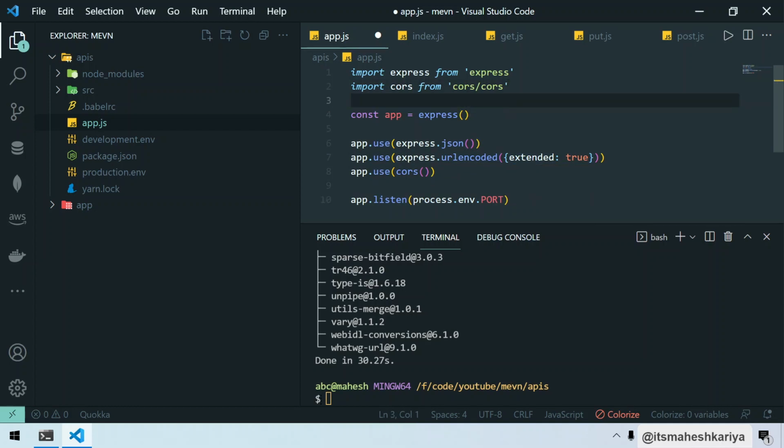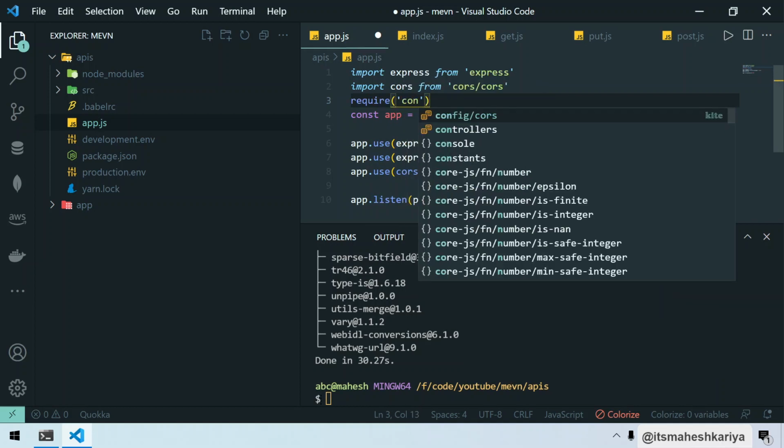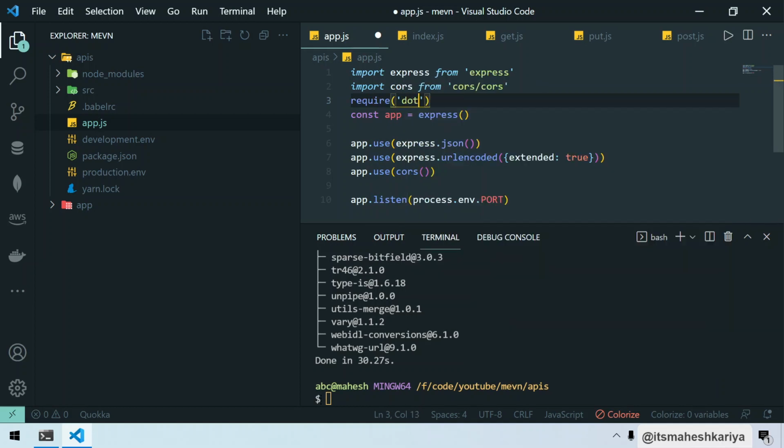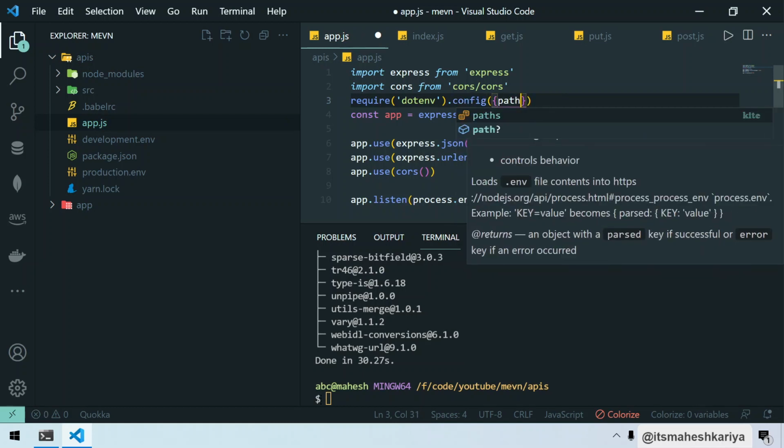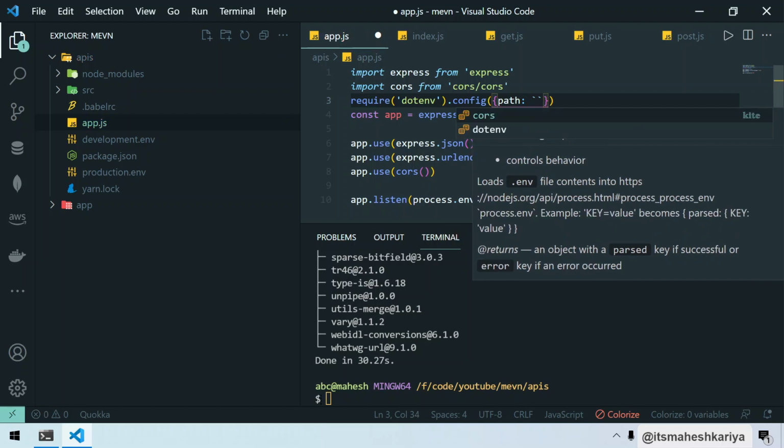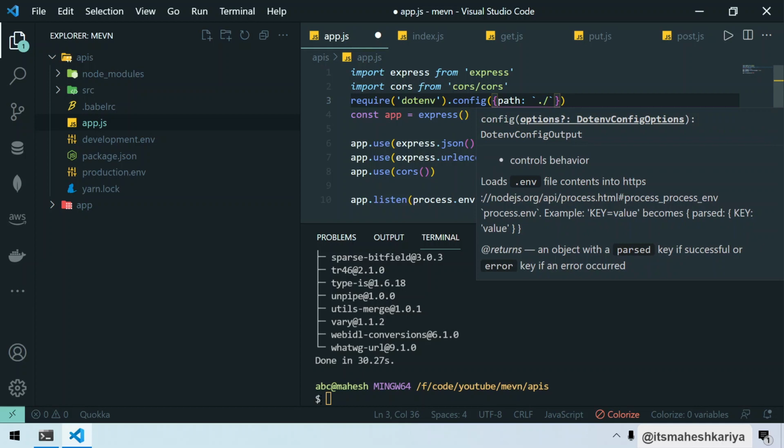So you need to import dotenv, import star as, or you can directly use require as well, like this: require config dot env dot config. Okay, and inside that you can define the path. Okay, and the path will be like this, we can say dot slash, or you can write like this,